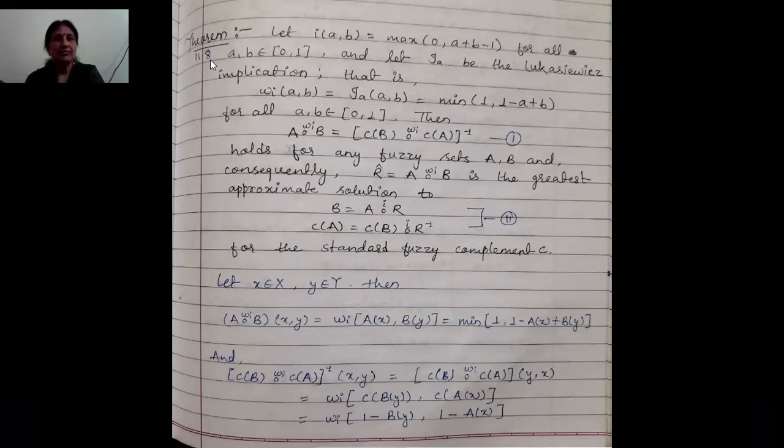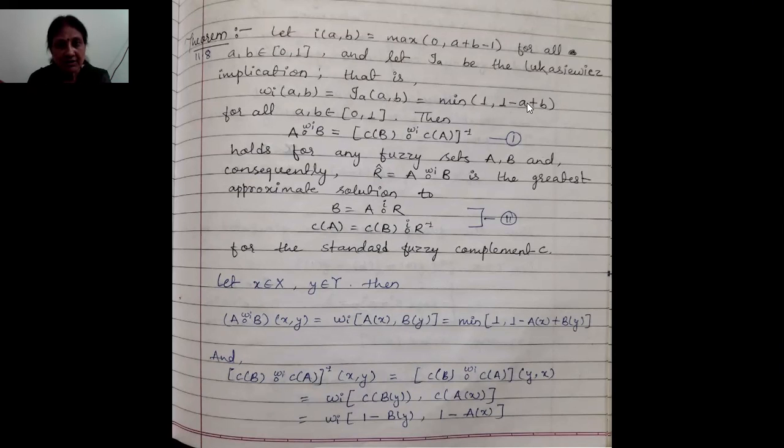Now we come to theorem 11.8 from the book of 12. What is theorem 11.8? Let us come to the statement. Let I(a,b) = max(0, a+b-1) for all a and b belonging to the closed interval [0,1]. And let I_a be the Łukasiewicz implication. Since Łukasiewicz is the name of a mathematician, it should be written in capital letter, so correct this word, students. That is, omega I(a,b) = I_a(a,b),